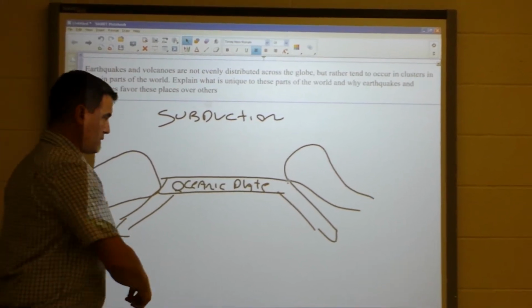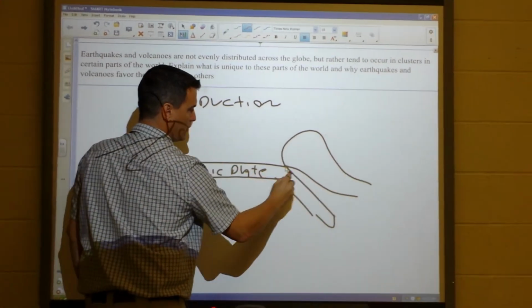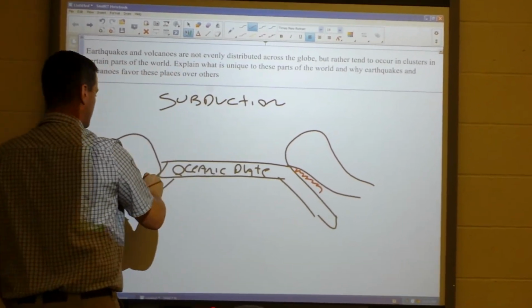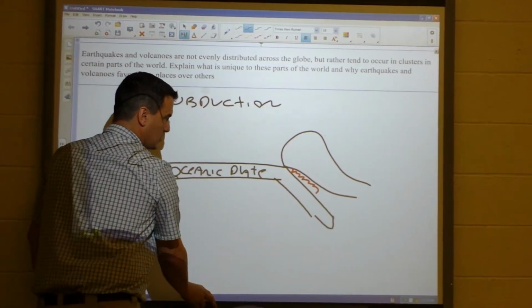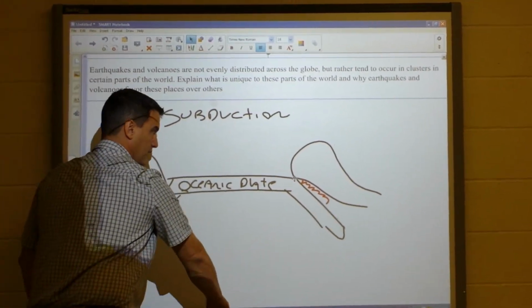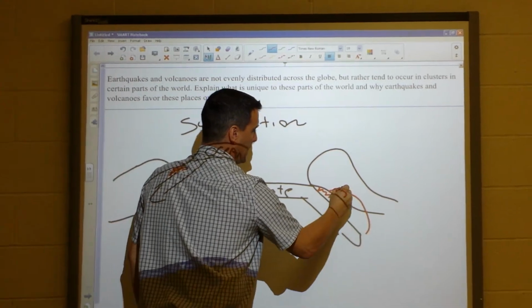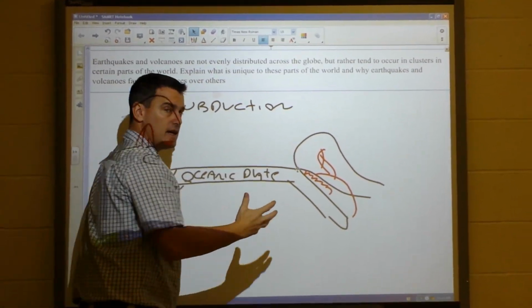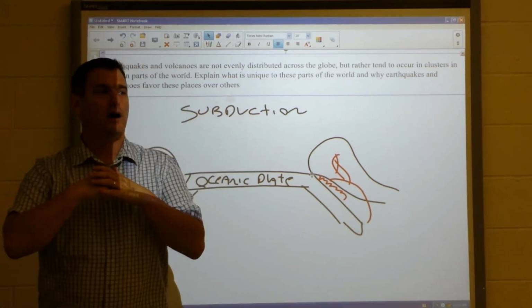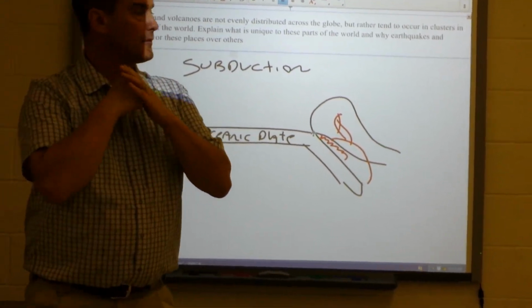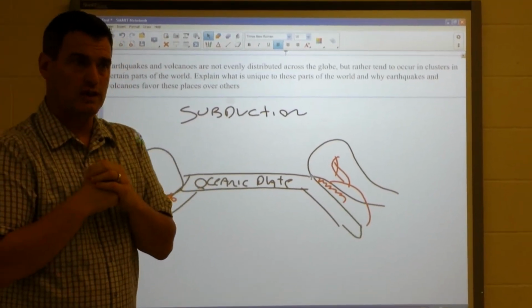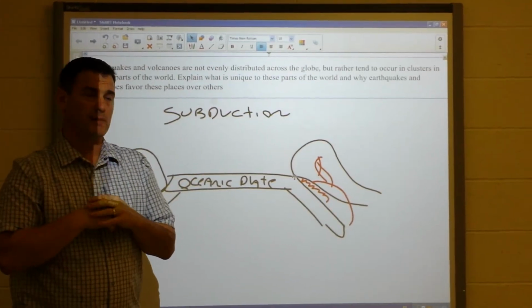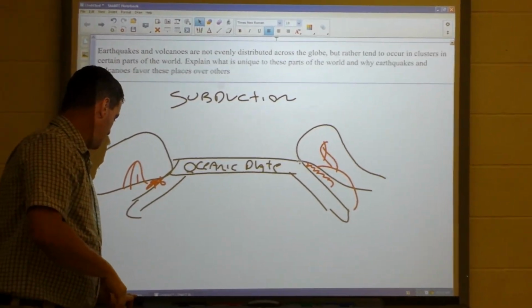What happens in subduction is when you have these thin oceanic plates running into continental plates, you get an extreme amount of friction. That friction melts the magma and can cause volcanic eruptions. Also, that tension can create friction between the boundaries. When you get friction between boundaries, then you also get